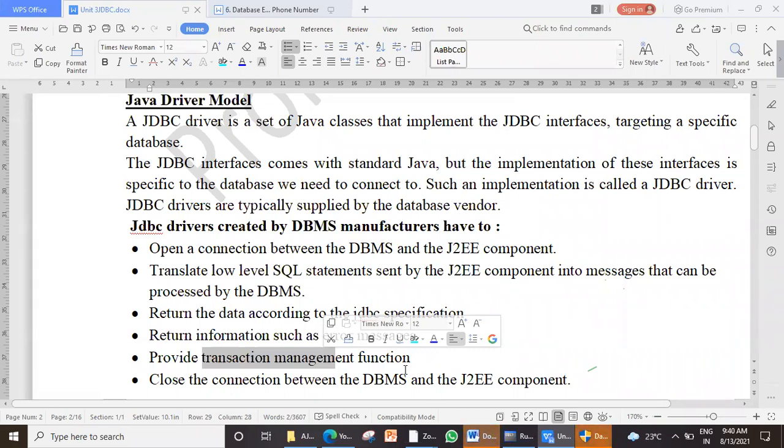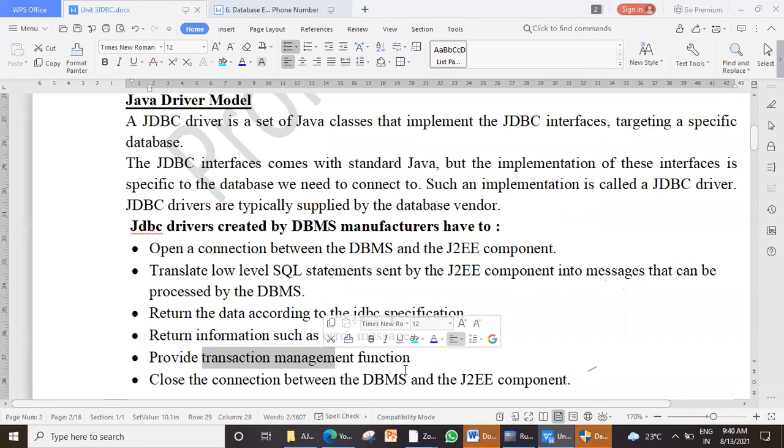What I am trying to tell is, what is meant by the transaction management function? When multiple users try to access the same table, the same data, you are also inserting, you are also ordering. 500 is the availability. You are trying to order some 300, another person is trying to order some 250. Is it possible? It will get over. So when both orders are placed together, how does it manage that conflict?